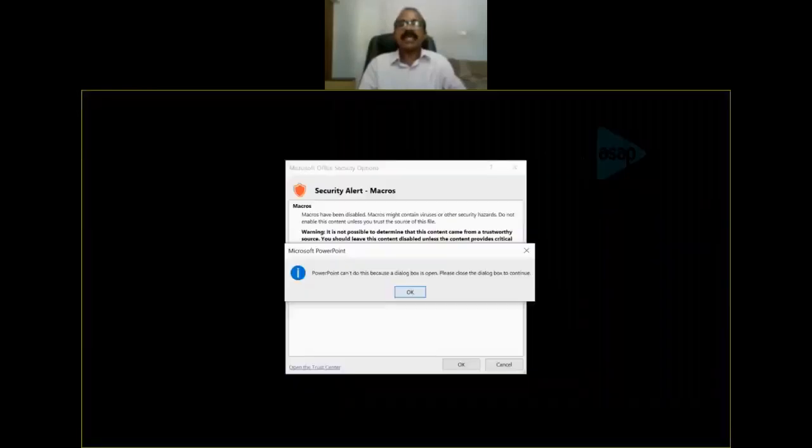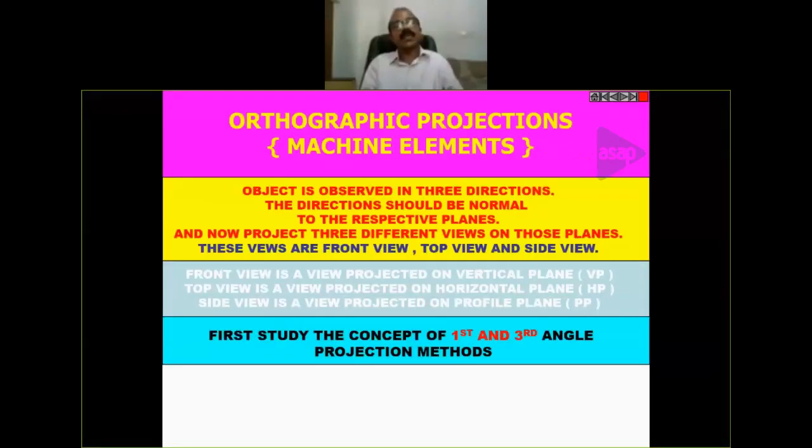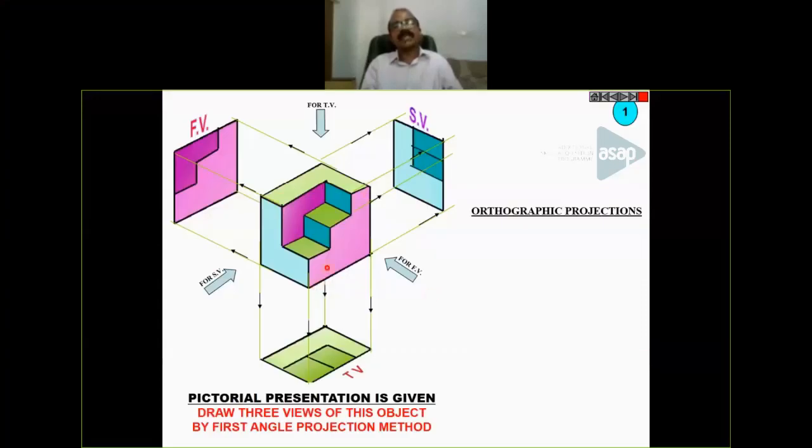So again, consider another example. Here also the front view direction is very important. The direction of arrows is important. So based on this arrow, we can plot the front view. You have to identify the front view surfaces first. This part is visible in the front view, and this part is also visible in the front view. So only these two surfaces we can see in the front view. So this figure represents the front view of the object.